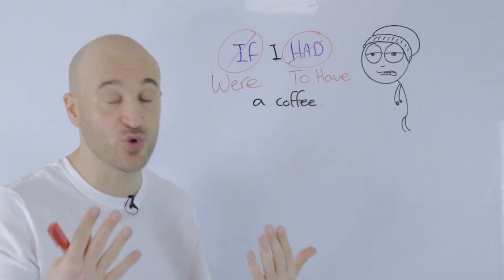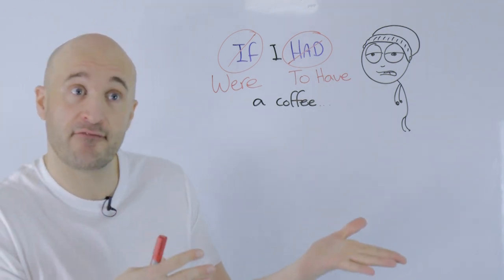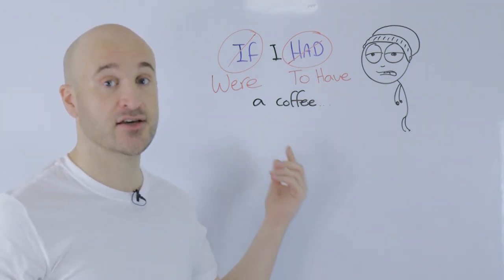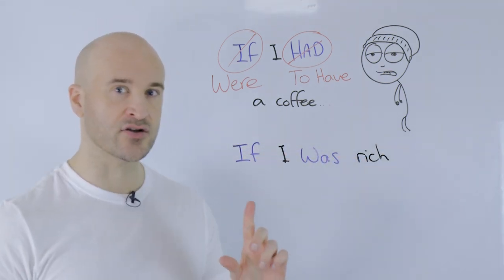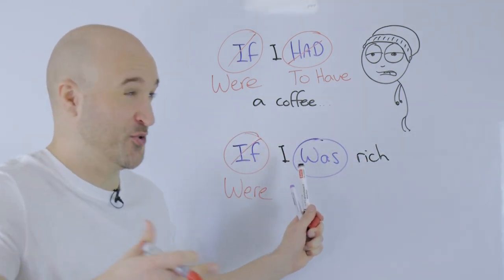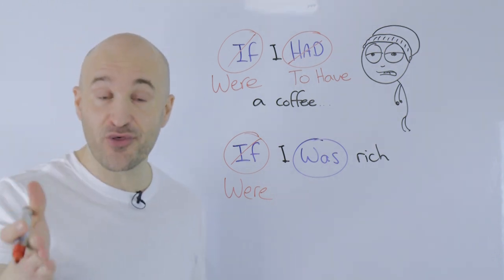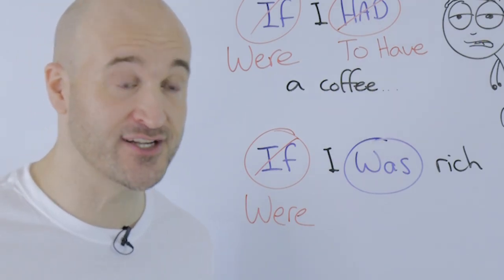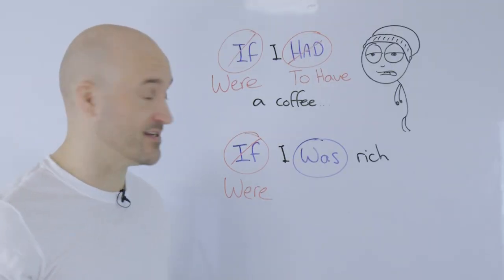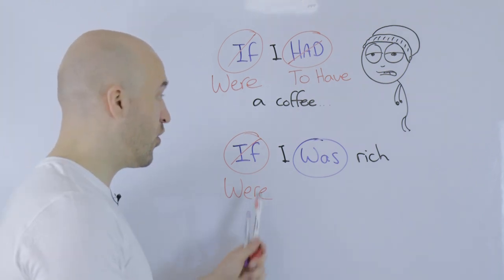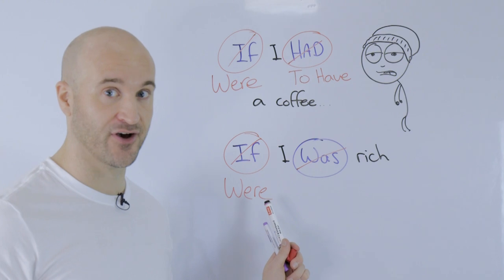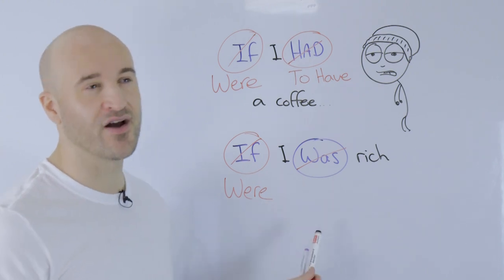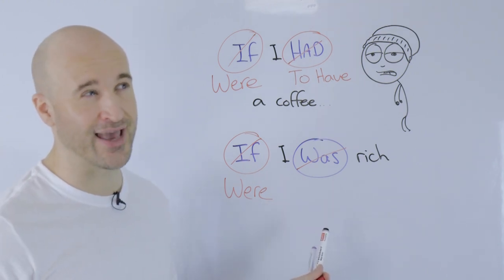But if you do want to be more formal, more advanced, more emphatic, you can use this structure. Wait, hang on. Were I to be rich? If you're thinking, that doesn't sound good, you are right, it doesn't. So the simple way: were I rich? You already have the be verb, you don't need another one. Were I rich, I would live in a big house.